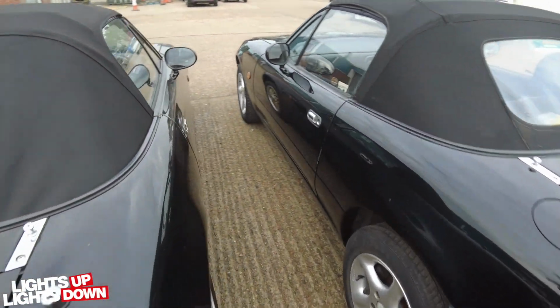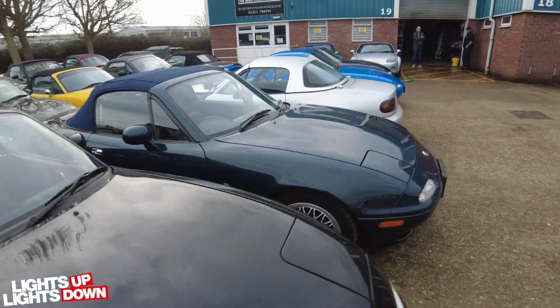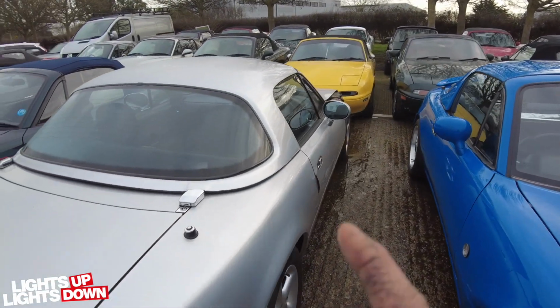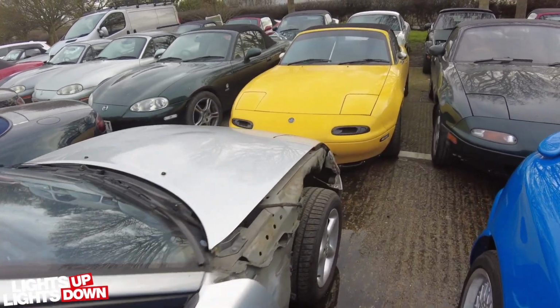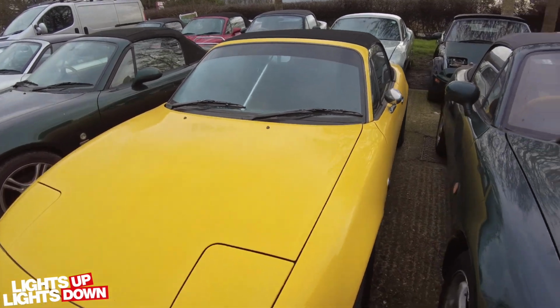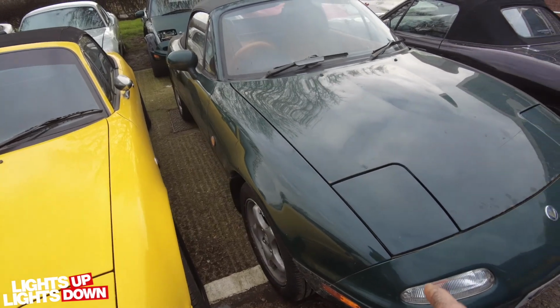This is RS Limited. That's our RS. This one's having a full... This one's going to be started this week. We spoke about this one. The yellow Mark 1 still waiting on panels, but hopefully I think there's some light at the end of the tunnel with that. This green Mark 1,